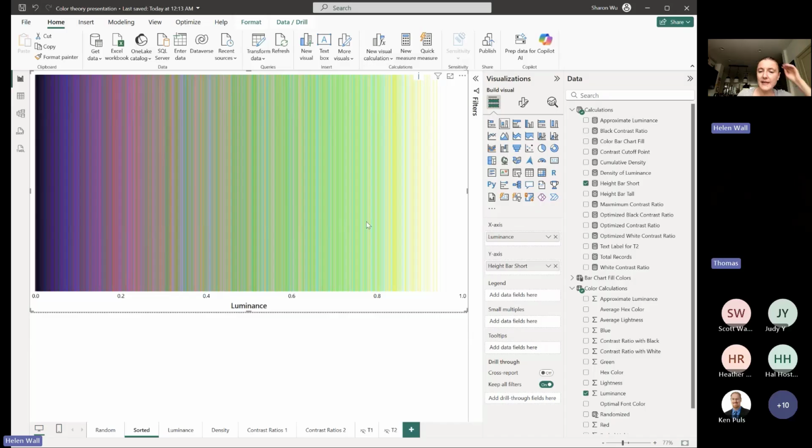And then white is going to have a luminance of 1. So it's the brightest color that we have up there. And we see how the colors kind of follow, the darker shades of black and purple, but it's not linear as far as the way the color spectrum displays when we sort it by luminance, because we can have darker reds, for example, and then lighter oranges that are harder